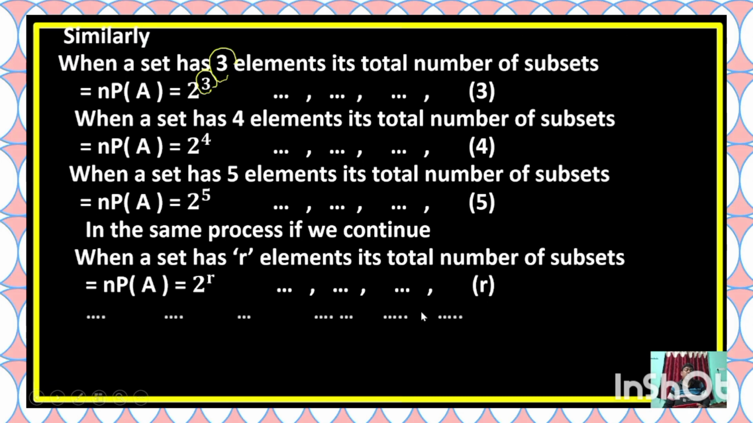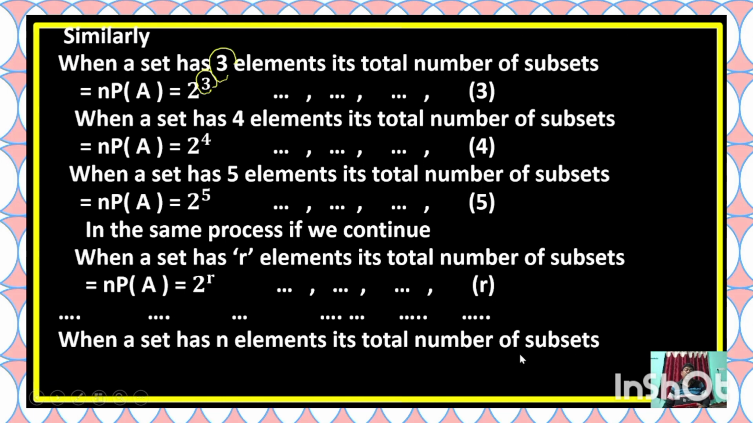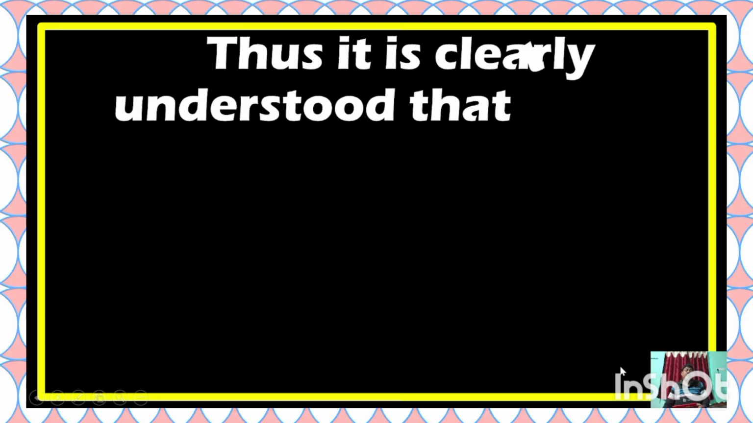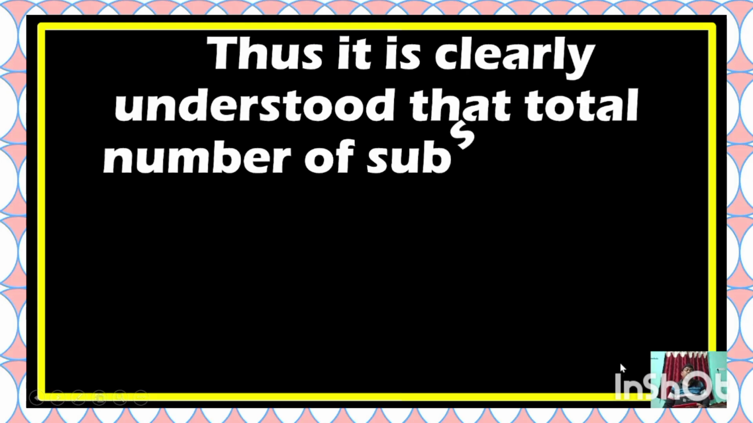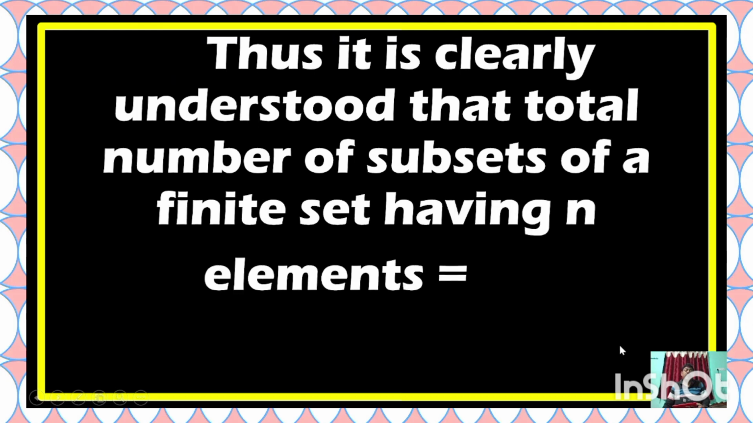Clearly understood? Thus, it is understood that when a set has n elements, its total number of subsets is the cardinality of the power set of A, which is 2 to the power n. Understand? Okay? Thus, it is clearly understood that the number of subsets of any finite set having n elements is always 2 to the power n, and this is one of the important statements and properties of any